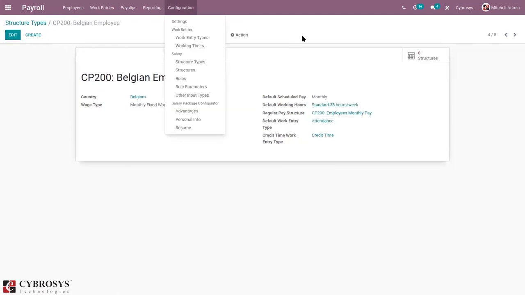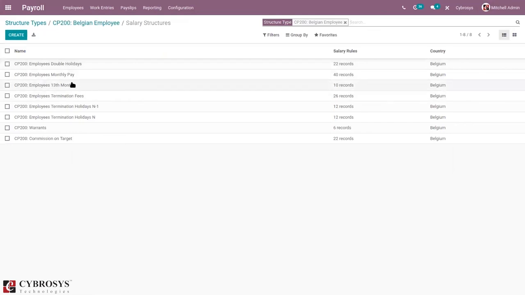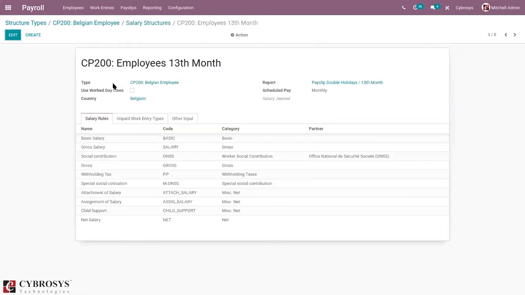Okay, so under the structure tab, you can see there are 8 structures configured. Here we can see employees double holidays, monthly pay, termination fees, commission on target. When you open one, you can see different salary rules that come inside the salary structure: basic salary, advantages, attachment of salary, withholding tax, gross social contributions.